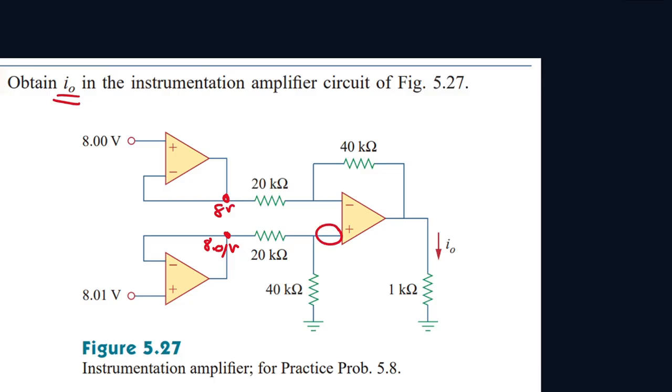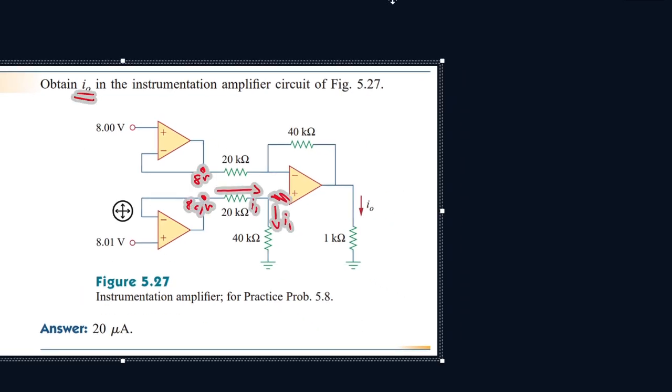And since we know the current passing through these two ports will also be 0, that means the current here that's passing through here, let's call this I1, will be equal to the current passing through here. Because since this is 0, we can practically ignore this portion. And let's call this I1 as well. So we can now solve for I1. It'll be